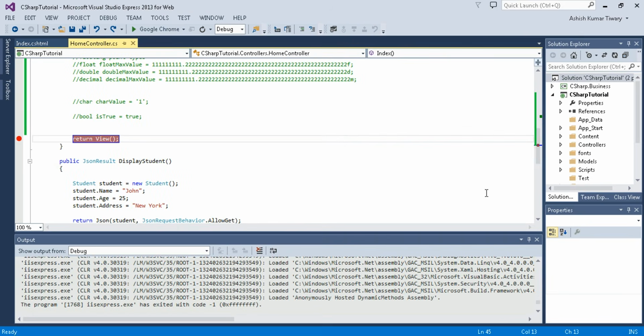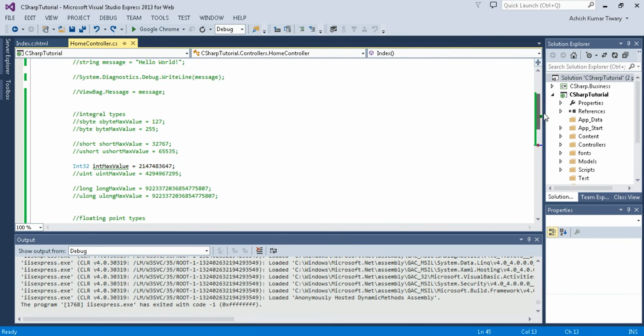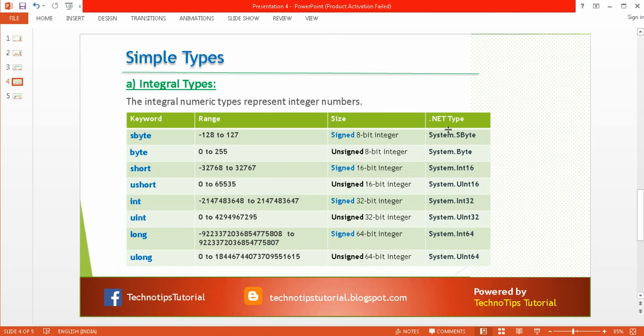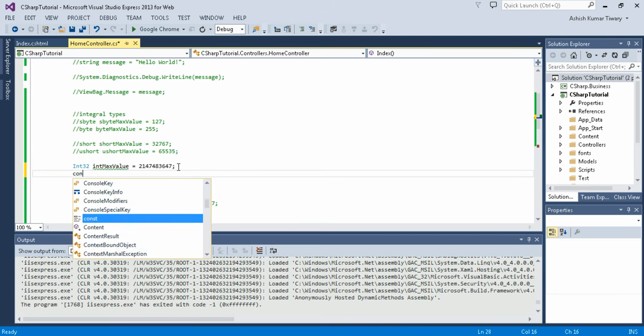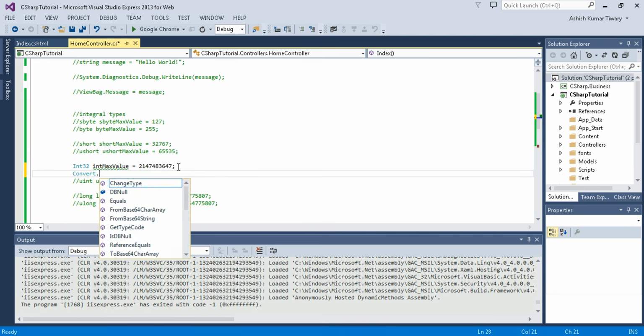Okay, so the .NET type of int is Int32, and you can refer to this slideshow to check out the .NET type. And whenever you convert a string into int, you can prefer Convert.ToInt32. Okay, like you can have a convert function, Convert.ToInt32 of 1664.